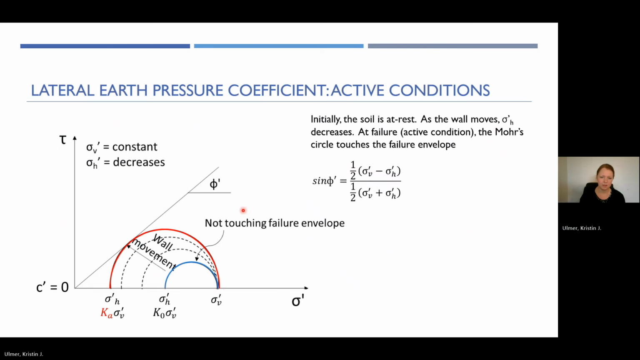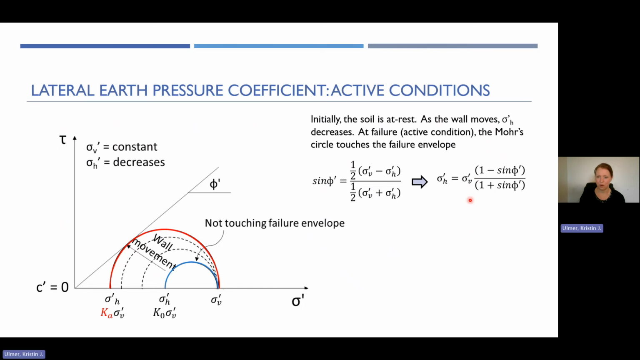So sine phi prime, if we use some trigonometry here using these different Mohr circles, we can represent sine phi prime as equal to 1/2 of sigma prime V minus sigma prime H over 1/2 of sigma prime V plus sigma prime H. That is said here only where we're actually touching the friction angle shear strength envelope. So rewrite that as sigma prime H is equal to sigma prime V